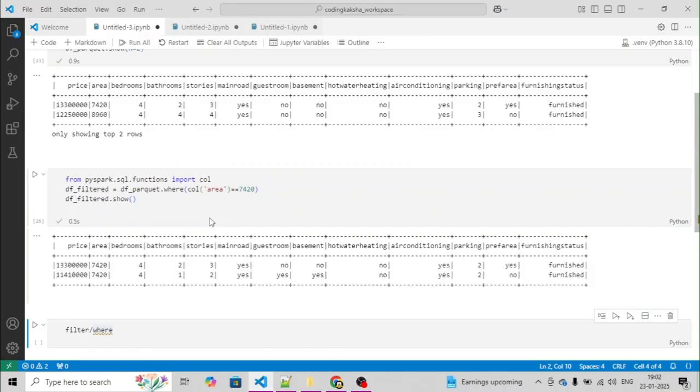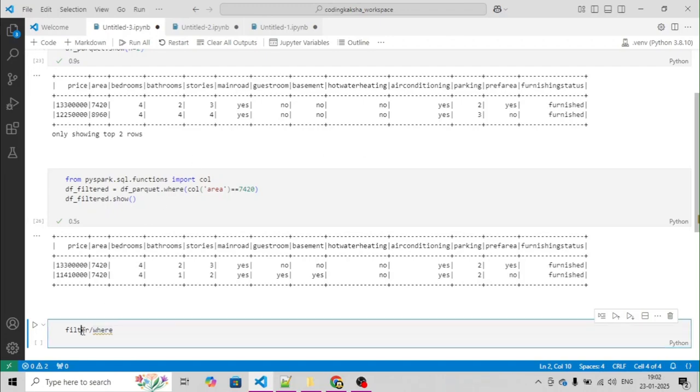So there is not any major difference between these two. There is just a slight difference, like it works at the columnar level, that is the data frame, and it works over the RDD, and both are filter functions of the